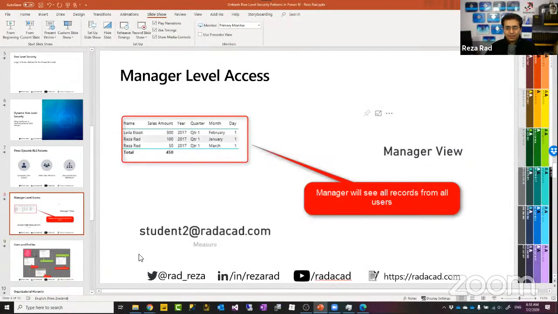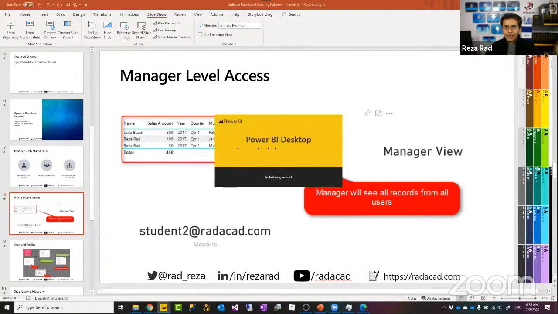Now, I have exactly the same data model, those two tables that we had. We still have that. I'm going to open that in a second. I have exactly those two tables. Now, the thing is that this time I'm going to add a manager level access.